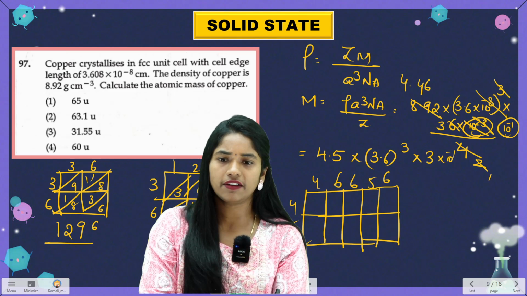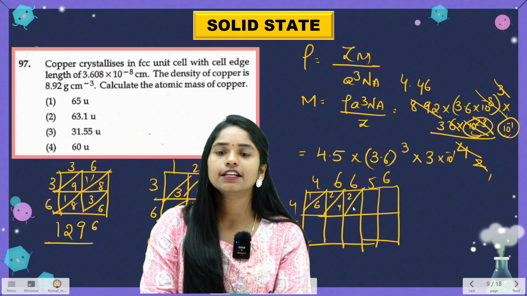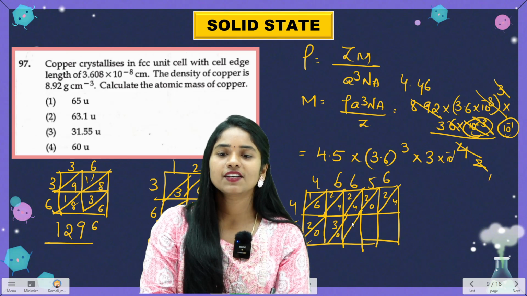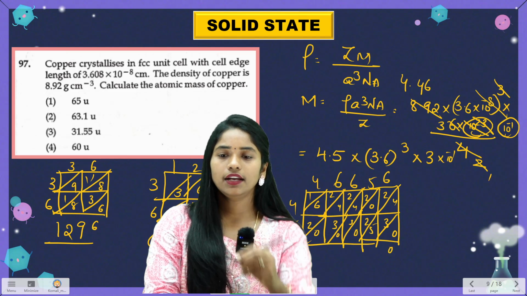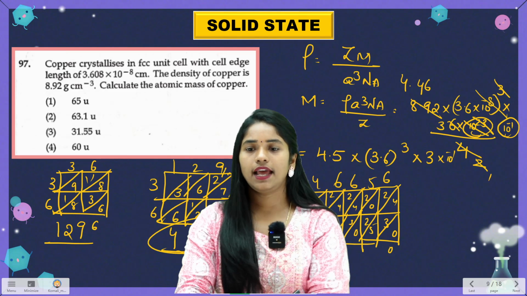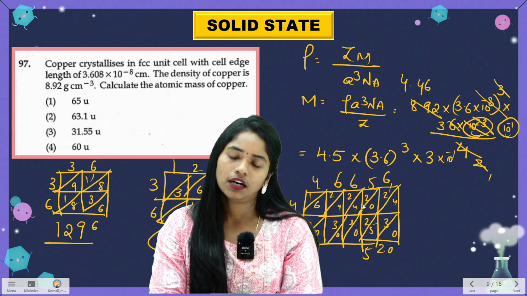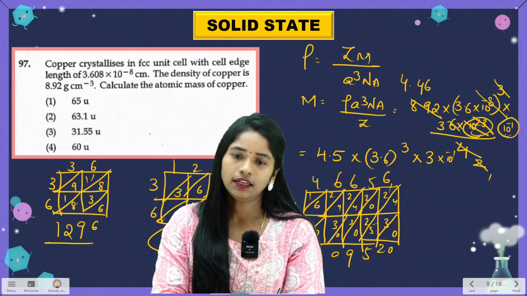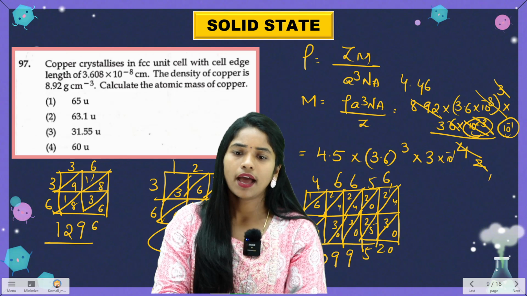Okay, multiply with 45. 4 4s are 16, 4 6s are 24, 4 6s are 24, 4 5s are 20, 4 6s are 24, 4 5s are 20, 5 6s are 30, 5 6s are 30, 5 5s are 25, 5 6s are 30. Now diagonally you add like this: 5 plus 3 is 8, 8 plus 4 is 12, 1, 5, and then 4, 6, 7, 8, 9, then 6, 9, and then 10, 0, 1. So I got